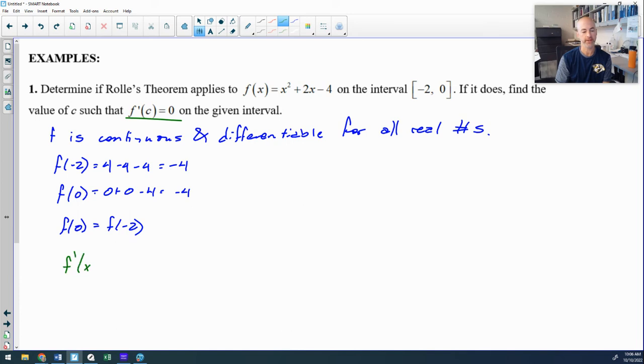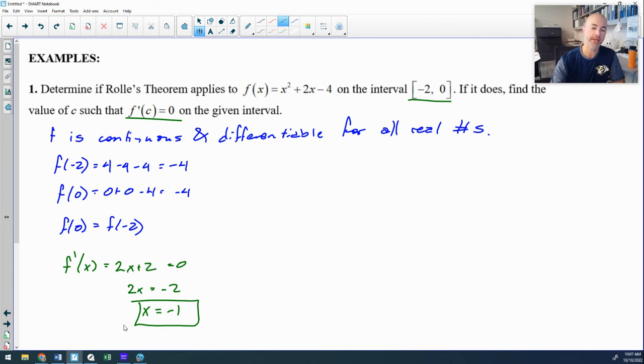So we will do that by simply finding the derivative. F prime of x would be 2x plus 2. We will set that equal to 0 because Rolle's theorem says we must have a point where the derivative equals 0. And if you solve for x, we get x equals negative 1. I'm going to check negative 1 is indeed on the interval. It happens to be right smack dab in the middle of the interval. That does not have to be the case. That only happened here because we are looking at a quadratic. If it were a cubic function or anything else, then that likely would not have been the case. So there's an example of Rolle's theorem.